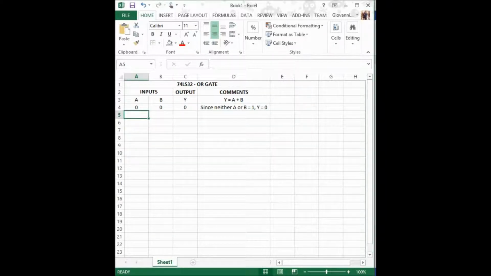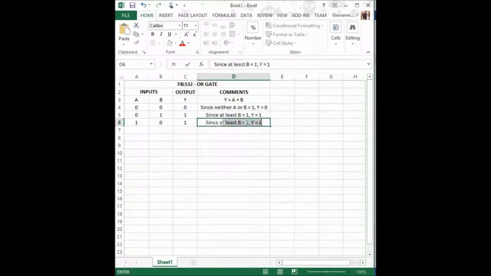The second scenario is when A equals 0, yet B equals 1. The output will be high, because at least one of them was high. Since at least B equaled 1, Y will be high. The third scenario is when A equals 1, B equals 0, Y will be high. Since at least A equals 1,